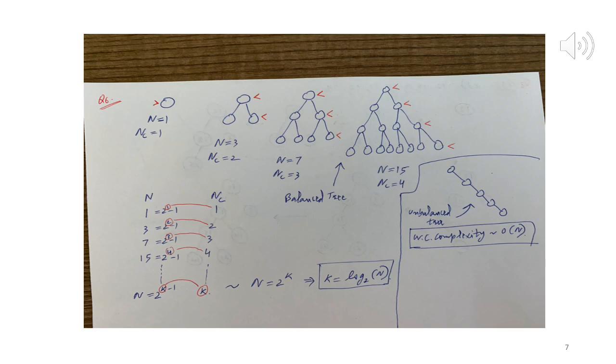Now for n = 7, the number of nodes is 7. How many comparisons? Note that in the worst case it's no more than 3. So whether you go left or right, wherever you go, worst case comparisons is 3. So the main thing to note over here is that at each level there is only one comparison. Okay, at each level only one comparison. So top level, only one node, one comparison. Second level, 2 nodes, still one comparison. Third level, 4 nodes, still one comparison. Right? So I really hope that's clear.